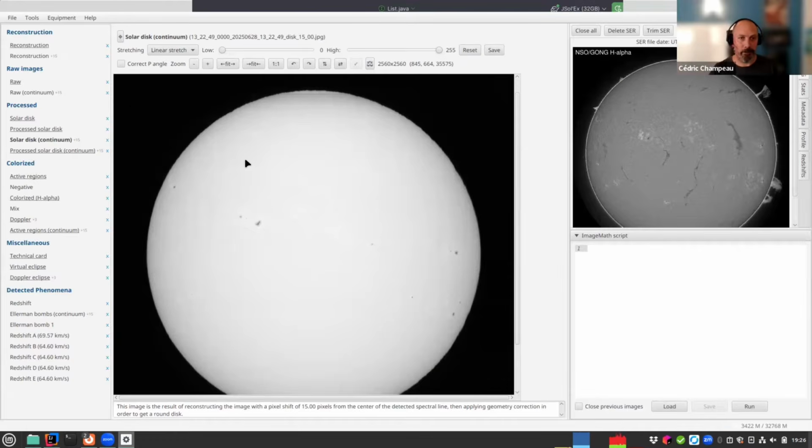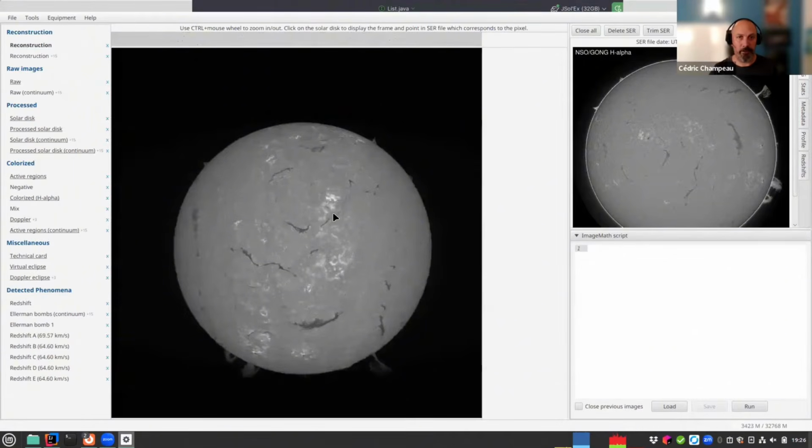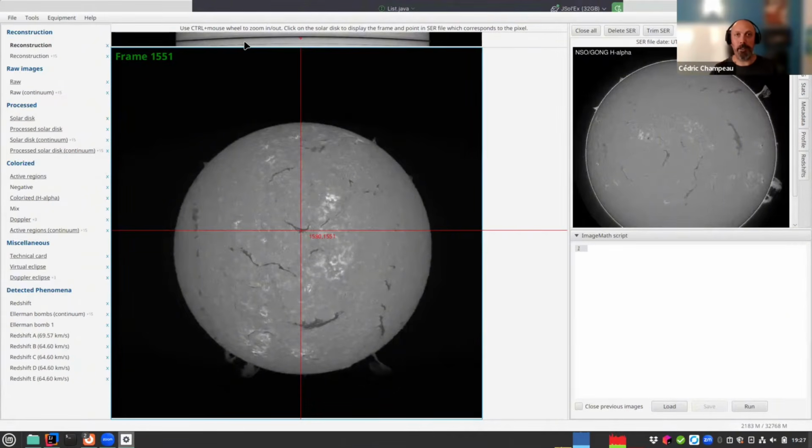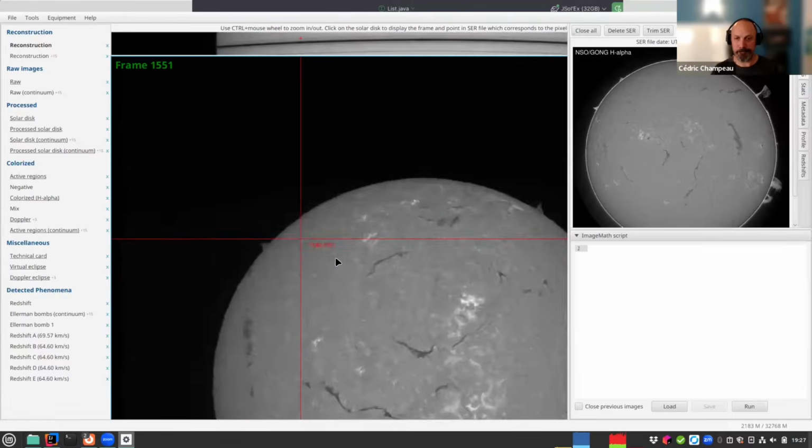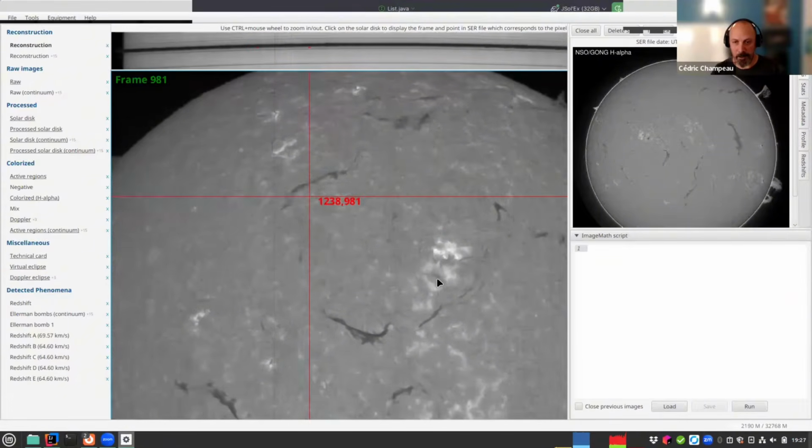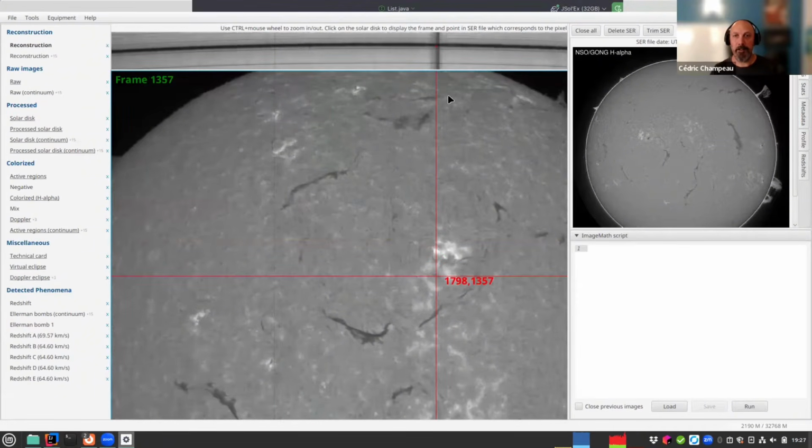So for understanding these, I'm going to go to the reconstruction tab and click on reconstruction here. And I'm going to click on wherever I want in the disk. So say I click on this filament. When I do that, it actually moves and tells you in your original SER file where this particular pixel comes from. So in this case, if I zoom in, and let's say I'm selecting something here,